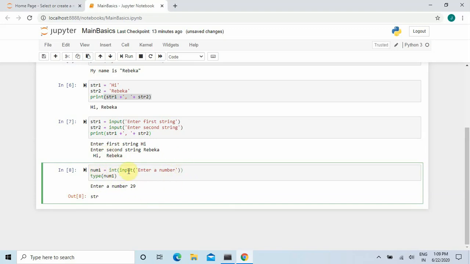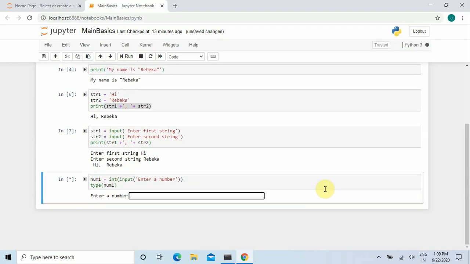So this int will typecast, or it will change the type of the number, that is from string to an integer. It will just typecast the input that you have entered from the string to integer.